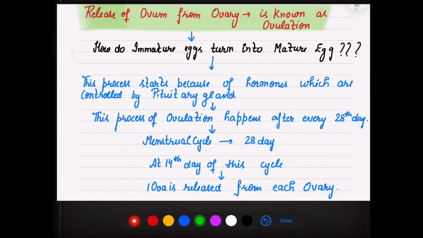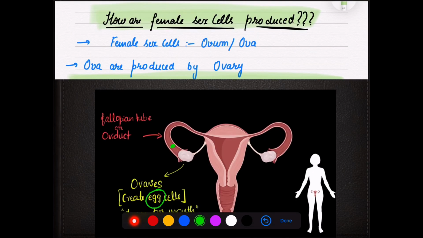2 ओवरी हैं तो इसका मतलब ये नहीं है कि दोनों की दोनों एग रिलीज करेंगी. नो, ओनली 1 एग इज मैच्योर्ड एवरी मंथ, चाहे तो इस ओवरी से हो चाहे इस ओवरी से हो. समटाइम इट हैपन्स अल्टरनेटिवली, बट देयर इज नो प्रूफ फॉर दैट. So wherever egg is, that ova is matured, that will be released by the particular ovary.